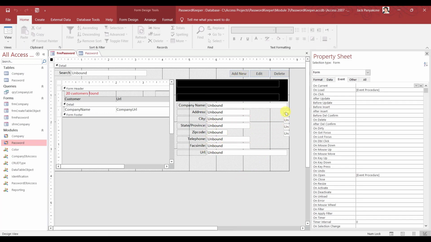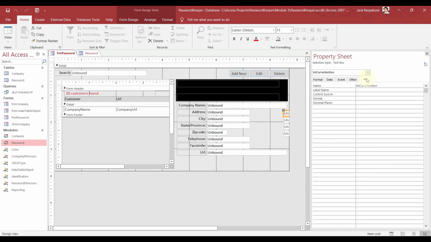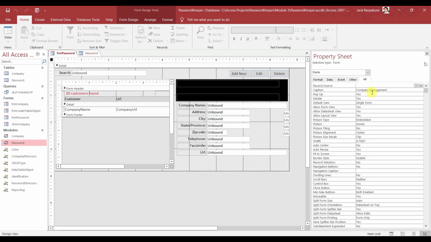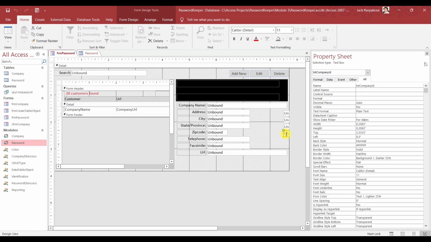So let's take a look at what this is. That is current action, previous ID, is new, company name, company ID. We're going to change this to no. We're going to keep that, but we are going to make a copy of this. Remember, this will refer to this list. Whatever we select here, the company here is going to pull up all our passwords. That's the concept. All right, txt